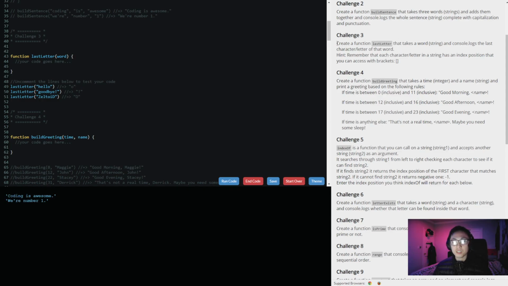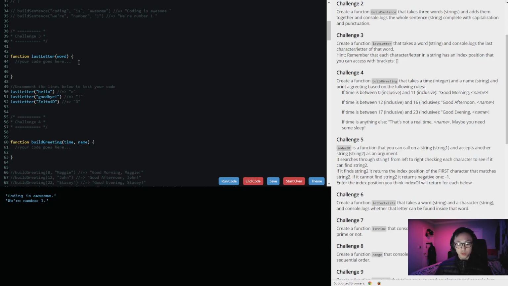It says create a function last letter that takes a word, which will be a string argument, and console logs the last character, letter, of that word. Hint, remember that each character or letter in a string has an index position that you can access with brackets. So this bracket hint is kind of the same as what I did earlier with the string character at method. They're pretty much the same. In terms of what's more efficient, I have no idea. I believe they both work the same, and they give you the same result. But since it's giving us this hint, I'm just going to use the brackets